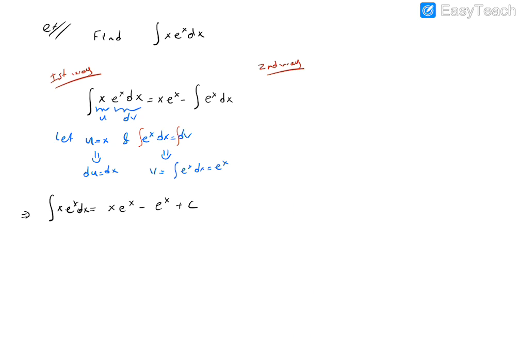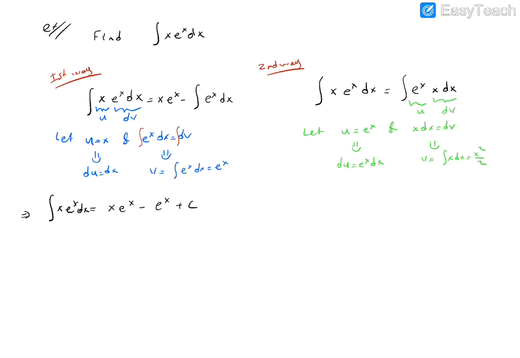But let's choose another alternative and make some observations. Integral of x e to power x dx, let's write this in the following form: e to power x times x dx. So now e to power x is u, x dx is dv. So let u equals e to power x and x dx equals dv. There is no problem here; you can calculate the integral of x easily. So from here, du equals e to power x dx. From here, v equals the integral of x dx, which is x squared over 2.